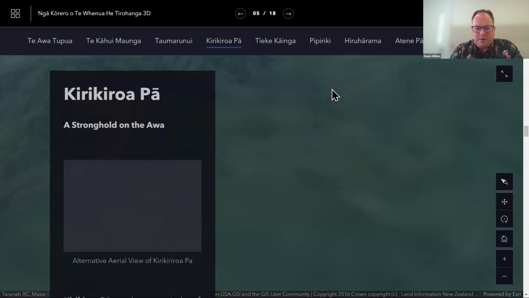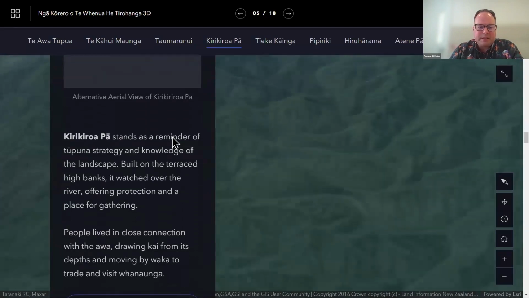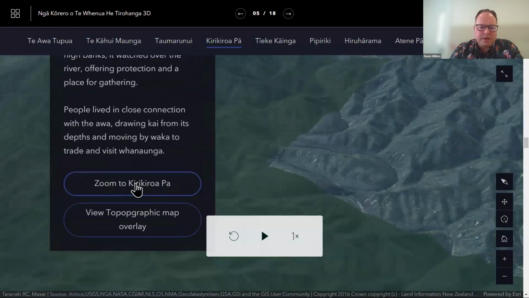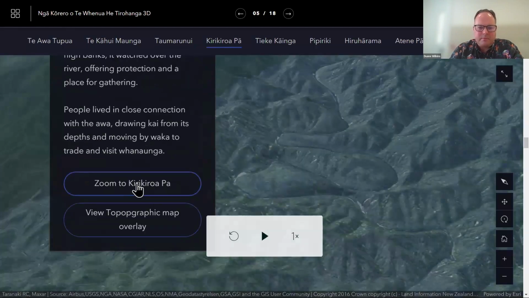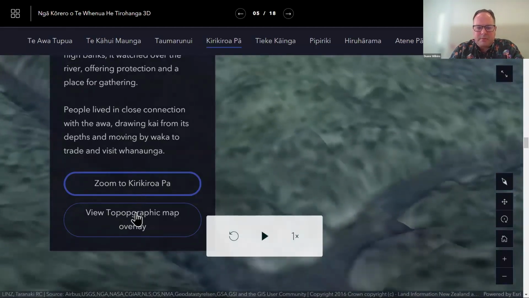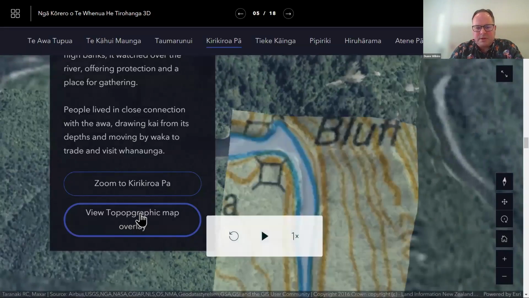This one here I'm going to show you as well. So what I've done is I've added some buttons here where I can zoom to Kirikiriroa Pā, zooms down to it. And then if I wanted, I can also add the topographic layer that Carl just shared with us, which is useful in